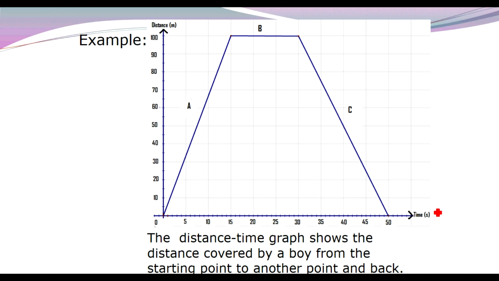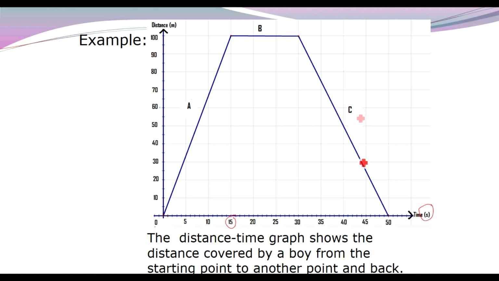The time here is in seconds, right? So 15 seconds is here. To find the speed for the first 15 seconds, remember, speed equals the gradient of the graph. To calculate the speed, you must calculate the gradient of the graph. You see there are three straight lines here: 1, 2, 3. That means you have three values of